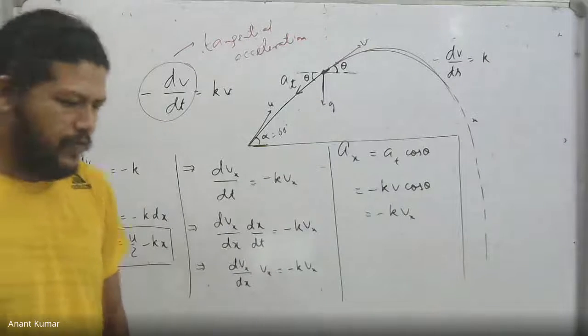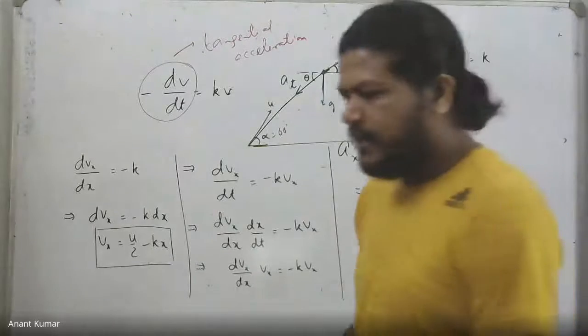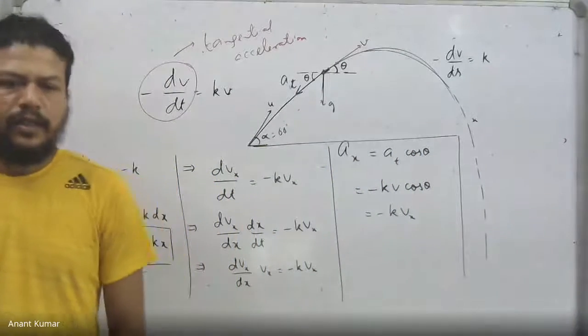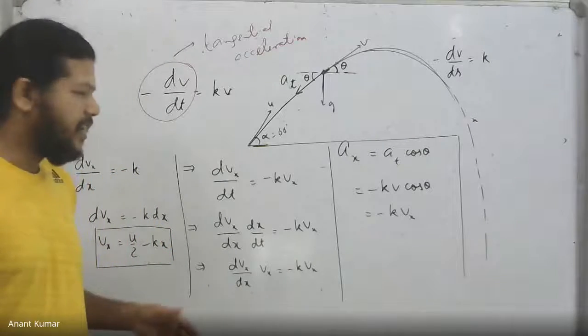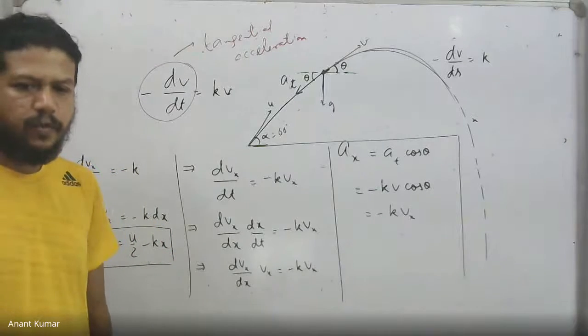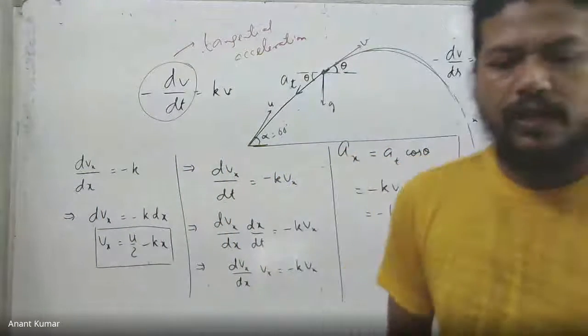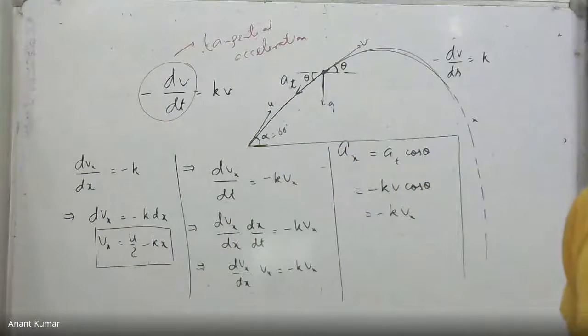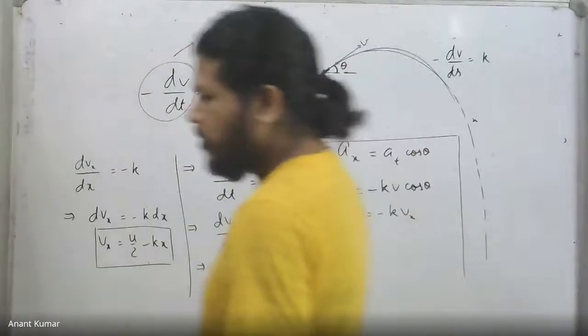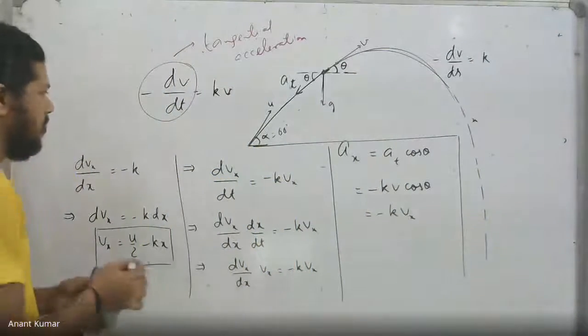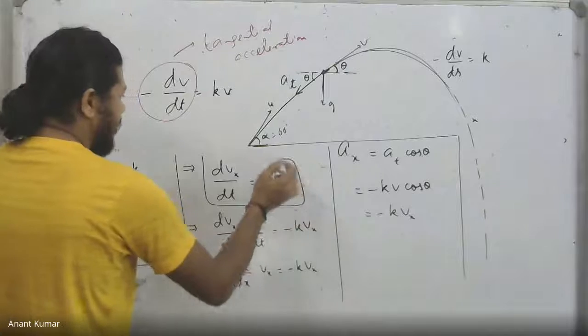Do you know of any such functions which, when differentiated, give back the function itself? Exactly. The exponential is what we have over there, e raised to the power t in this case. Yes, so the exponential function has this property that when differentiated with respect to the argument, it is the function itself. Exactly. So this equation, if I consider this one over here, is saying exactly that.